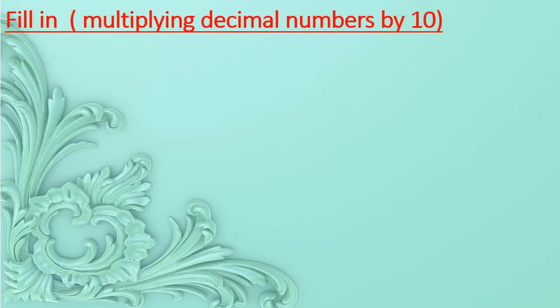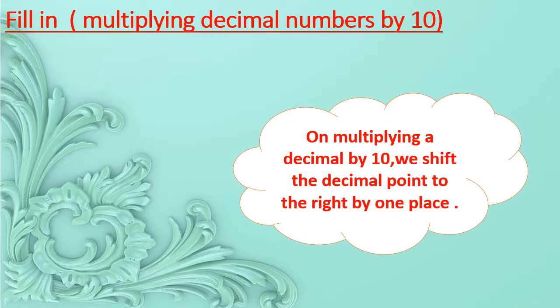Now students, to understand this concept, we are taking some questions from exercise 10b, fill in. In this question we are going to multiply decimal numbers by 10. First of all, what you should keep in mind is that whenever you multiply a decimal by 10, we will shift the decimal point to the right by one place, because 10 has one zero. Okay, so the first question is